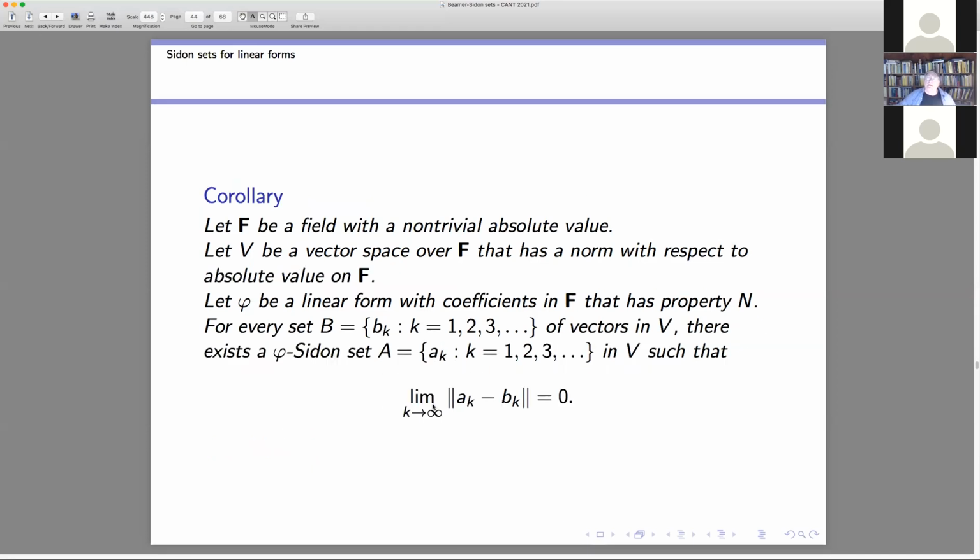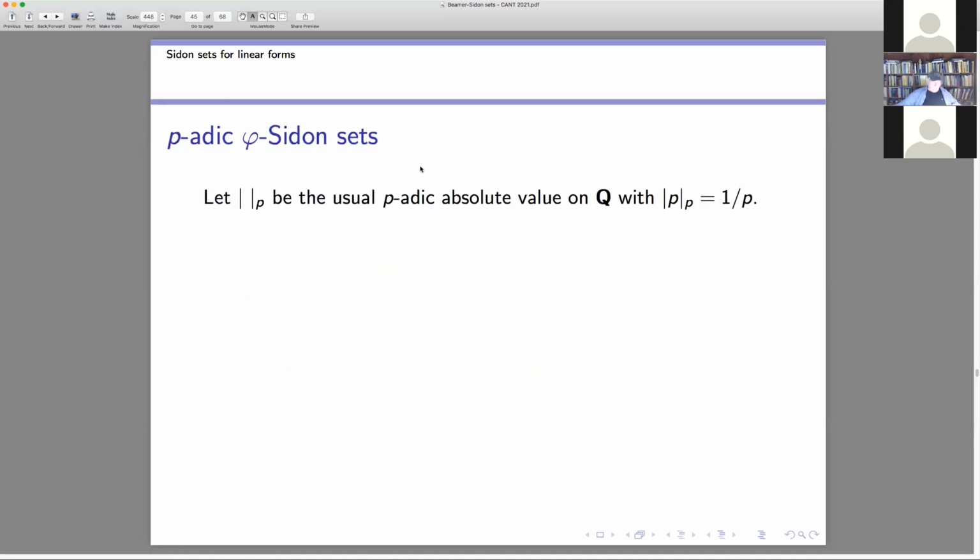And if you just let your epsilons go to 0, this just says that for any set of vectors in your vector space, there's always a phi-Sidon set that's asymptotic to this given set of vectors. So that's kind of curious. Now, this is just a general nonsense statement about arbitrary